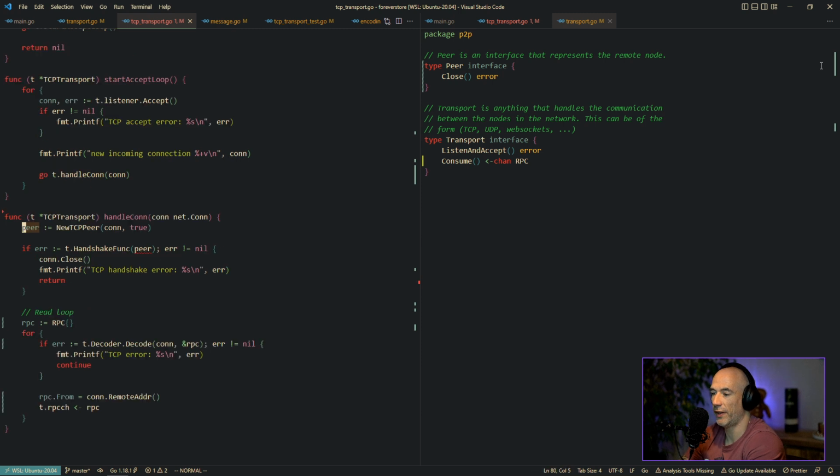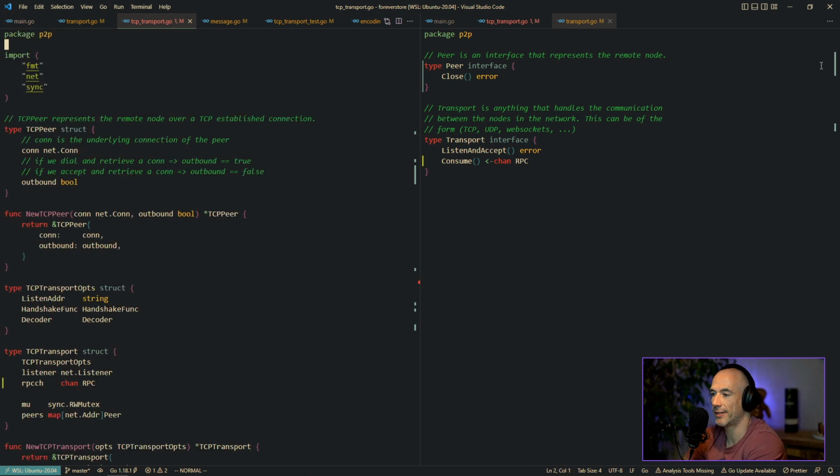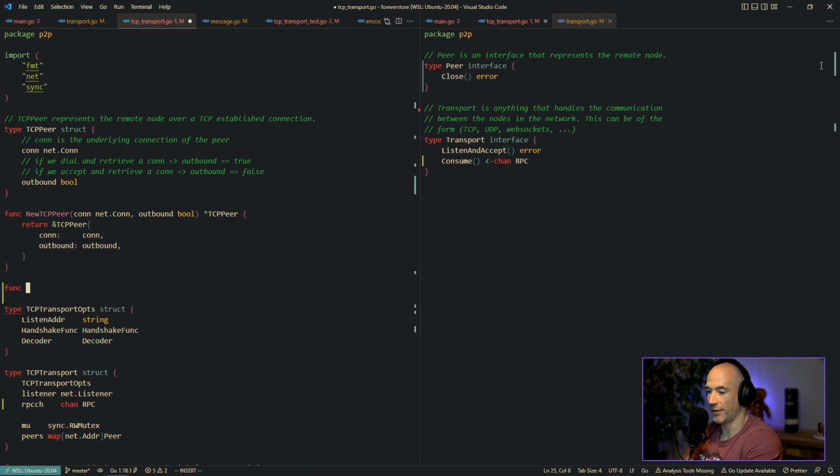Yeah, this is failing because peer does not implement the close method of the peer interface, right? So we're gonna say TCP peer, by the way.